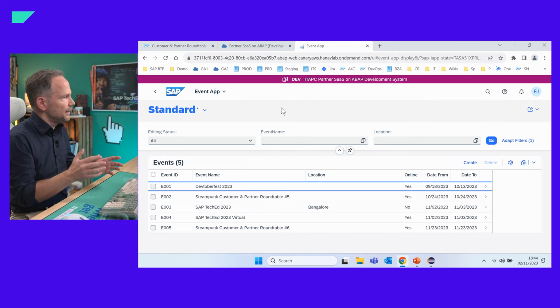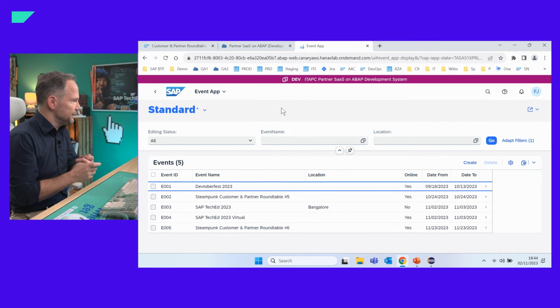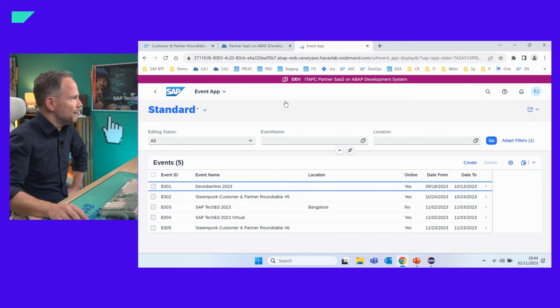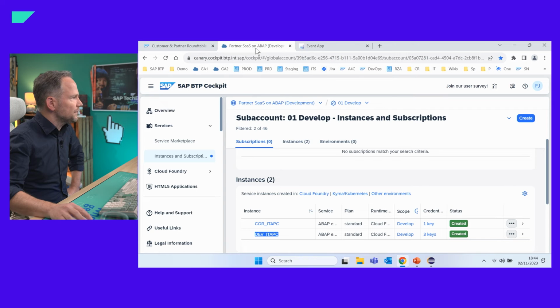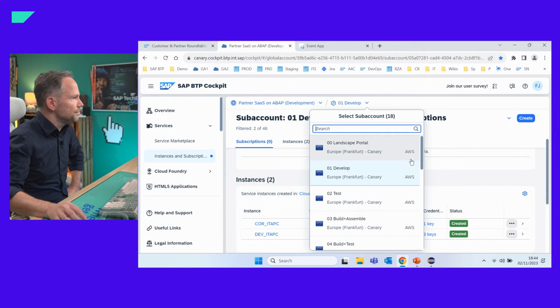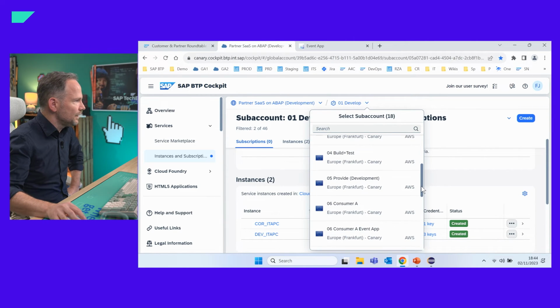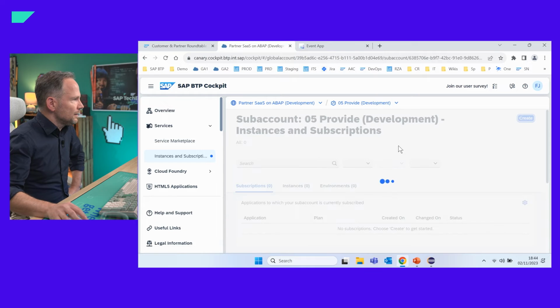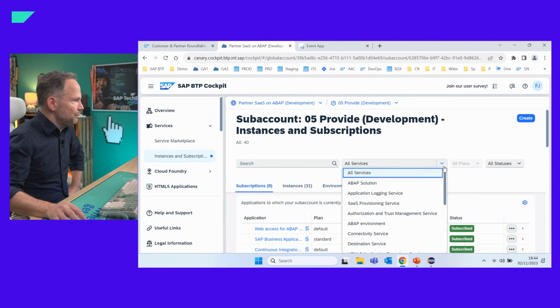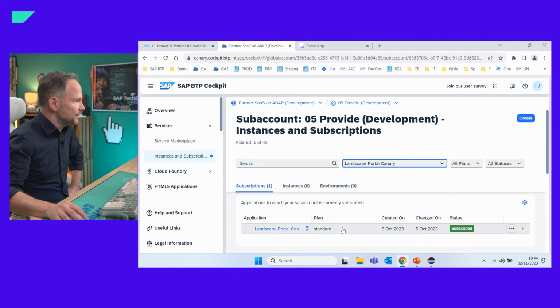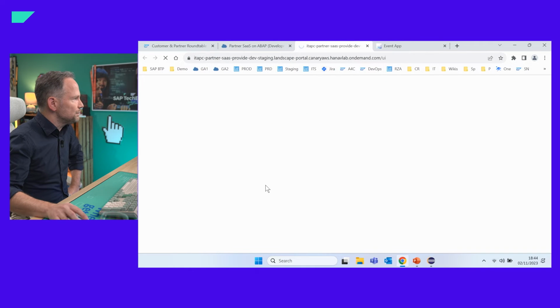So now the tricky part. As a partner, I would like to offer this to a customer. I finished the development, everything works, I already tested this, I implemented unit tests and integration tests, everything is fine. Now I would like to build a product. The next thing I need to do is go into the landscape portal. The landscape portal provides apps in order to simplify the task to build the product.